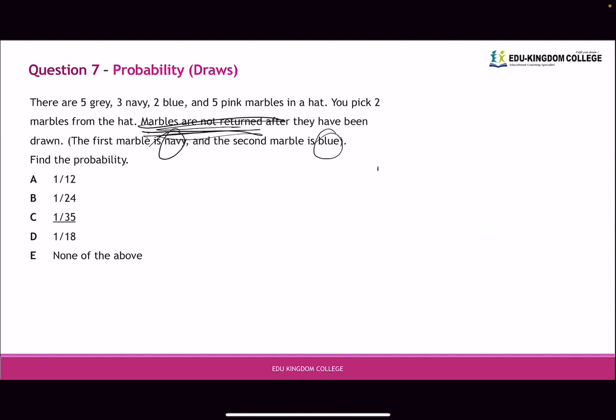So on the first draw, okay, there's going to be 5 plus 3 plus 2 plus 5. So 15 marbles in total, whereas the second draw is going to be 14 because the marble that you picked hasn't been